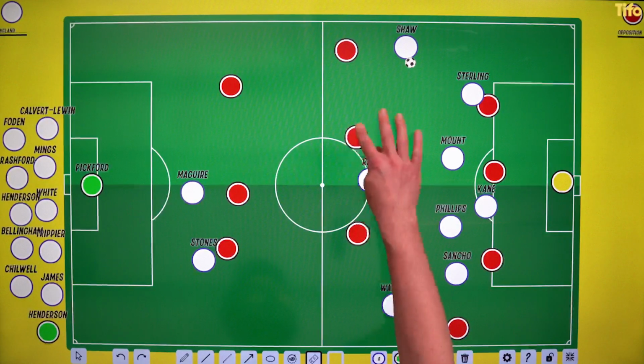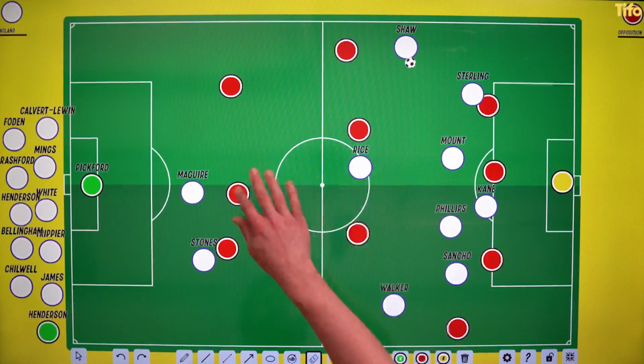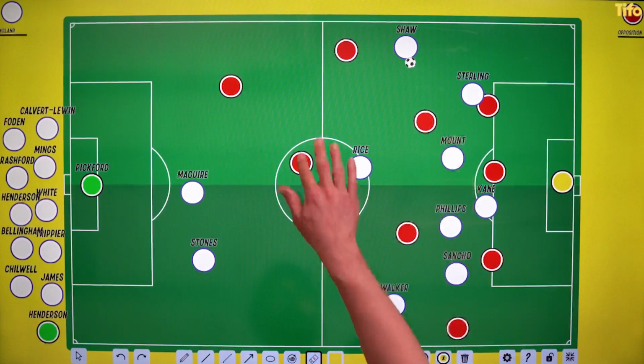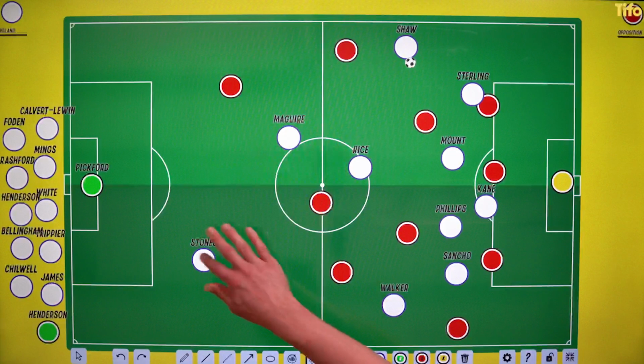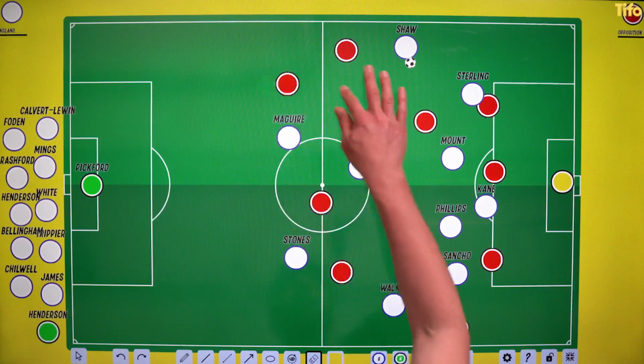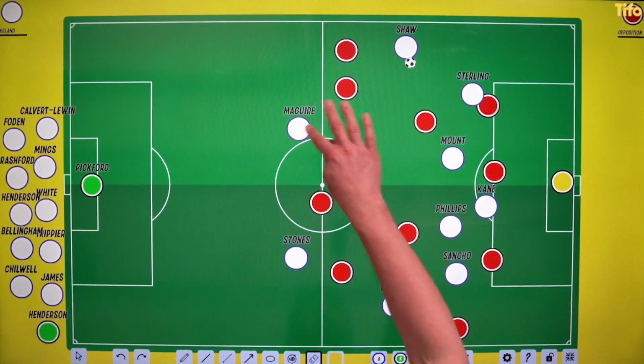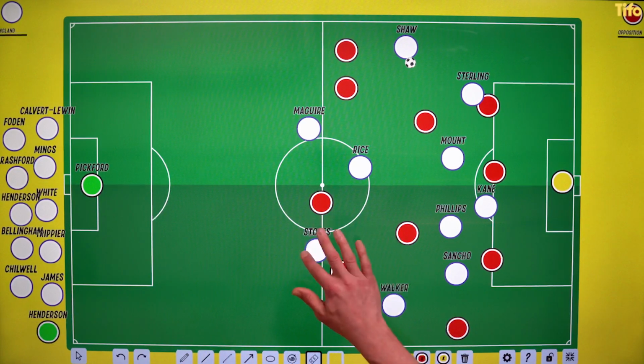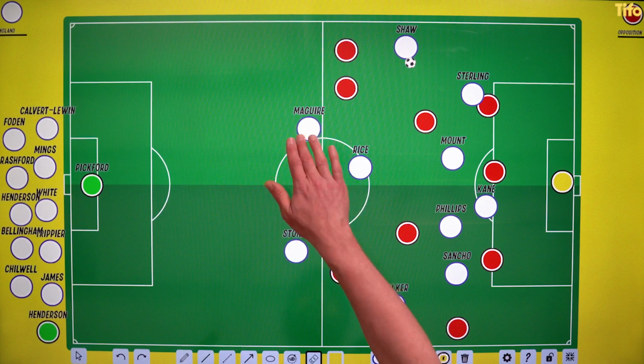Declan Rice is likely to be patrolling this area. And even if we make the assumption that the red team are playing fairly conservatively, England like to maintain a high line, but they can't go much higher than here, because obviously then there's going to be no offside if they're in the opposition half. So there's a bit of a tightrope.